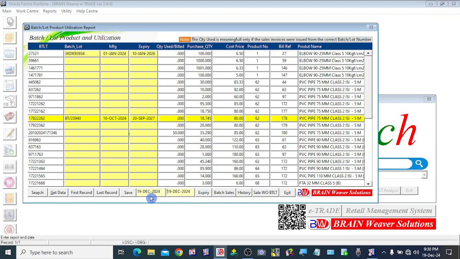If you want to know, today is 19th December 2024. In another 1 month period, from today's date, 19 December 2024, to 19 January 2025, I want to know how many products are going to expire in the date range I have entered here. It means from today's date to 19 January 2025, I want to know how many products are going